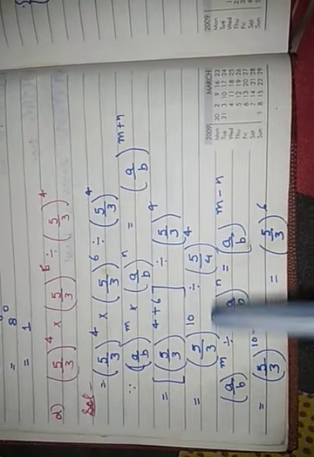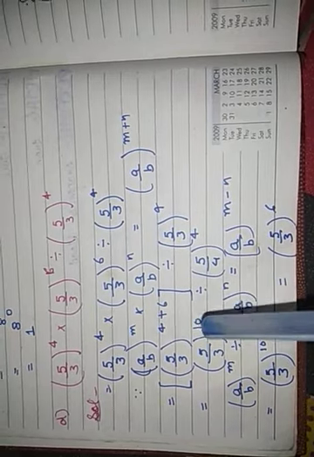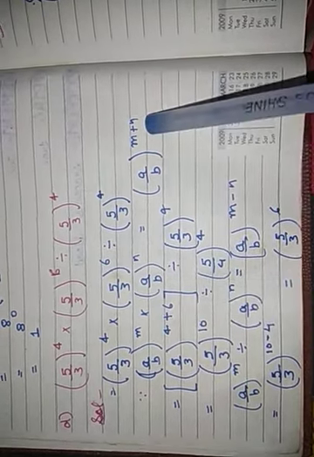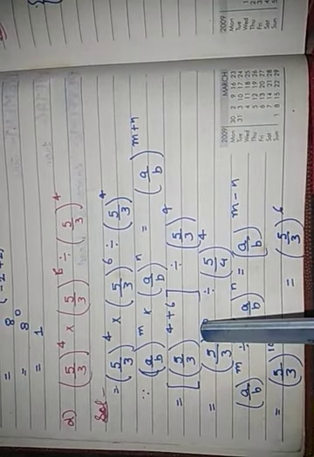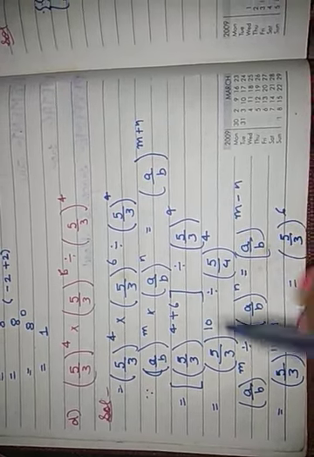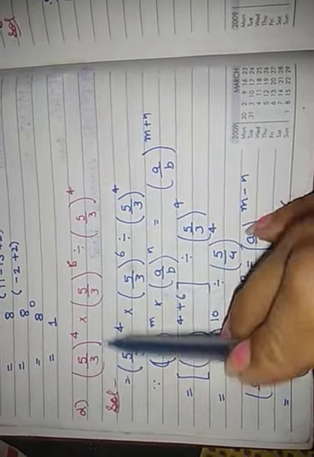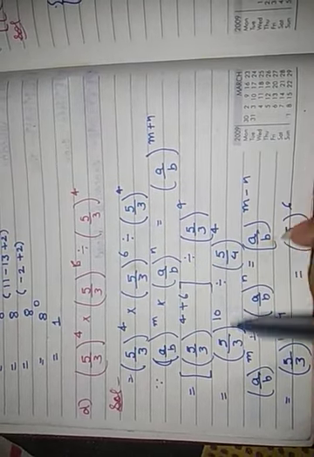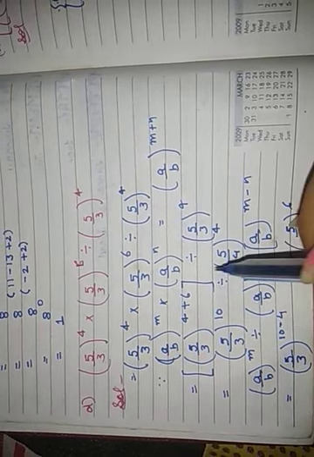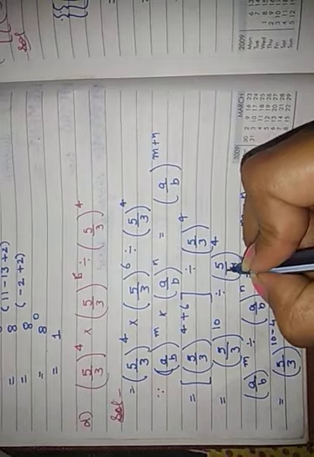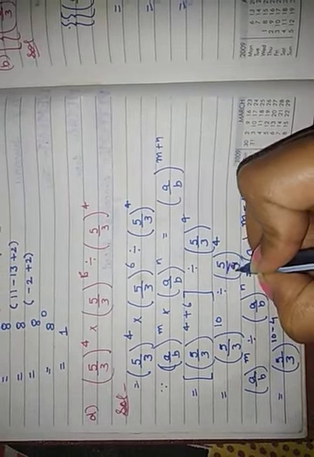So we'll just apply the law of multiplication of exponents, that is same bases. In multiplication the powers get added. So 5 upon 3 raised to the power 4 plus 6. We have taken just the first two expressions. So 4 plus 6, the answer would be 5 upon 3 raised to the power 10 divided by 5 upon 3 raised to the power 4.